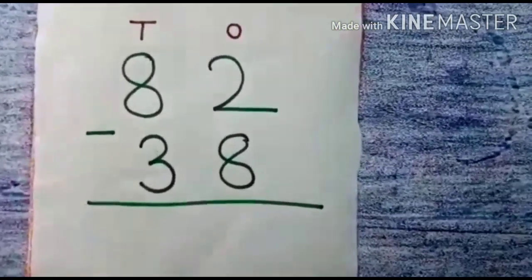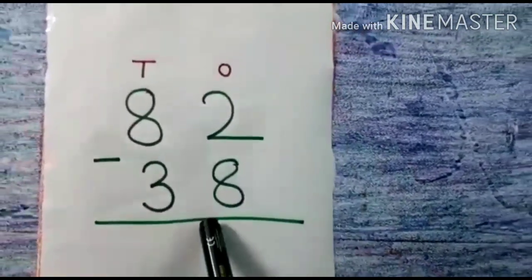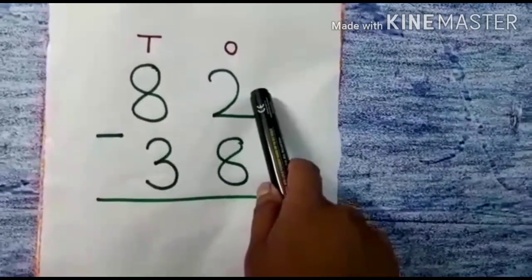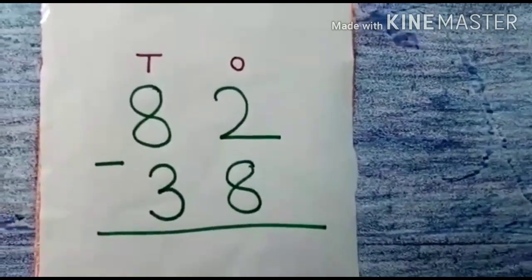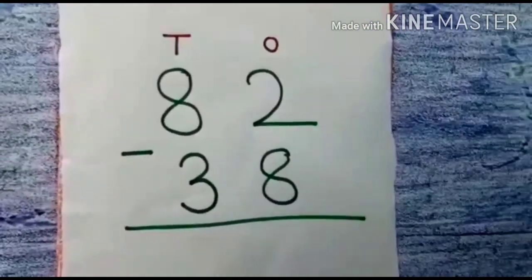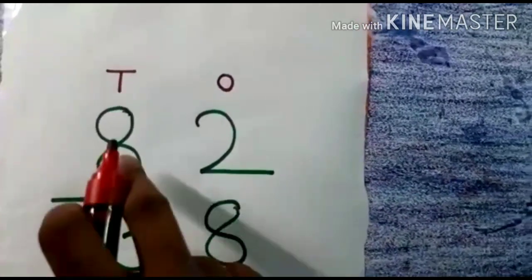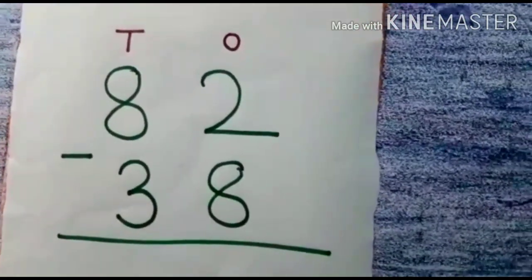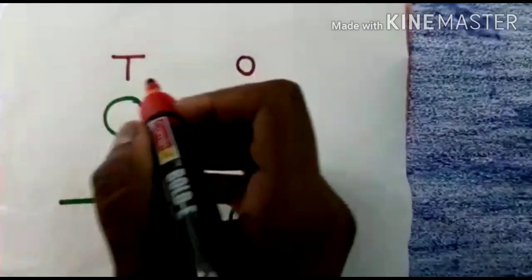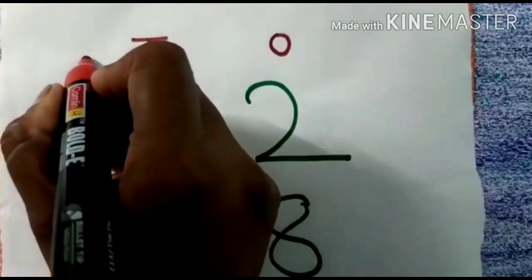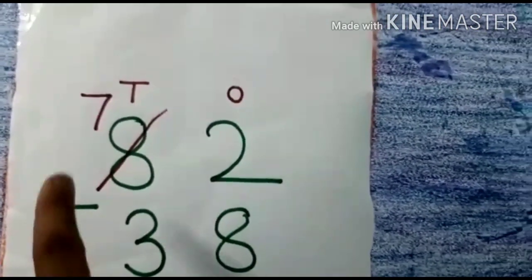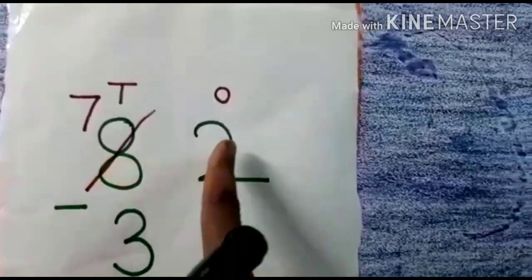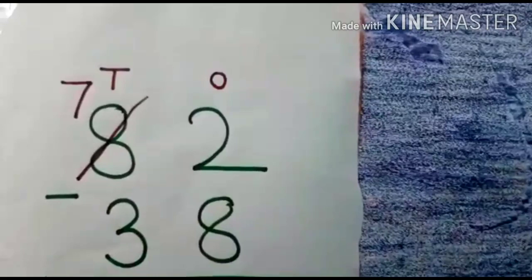Okay? Now see, I have to start from which side? One side, and in one side I am having 2 above and 8 below. So what I have to do? Quickly you have to say, yes, I have to borrow 1 ten from 8 tens. 8 tens, if I borrow 1 ten, how much remains? 7 tens. So here 7, and 2 ones will become, from here I have borrowed 1 ten, so 1 ten plus 2 ones, that is 10 plus 2, 12.